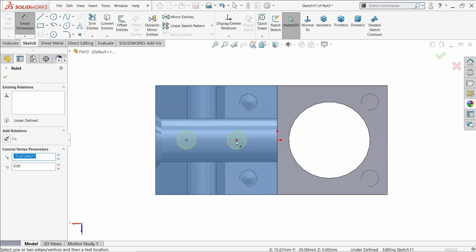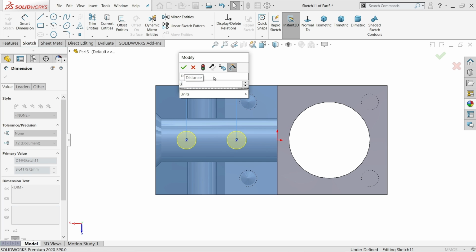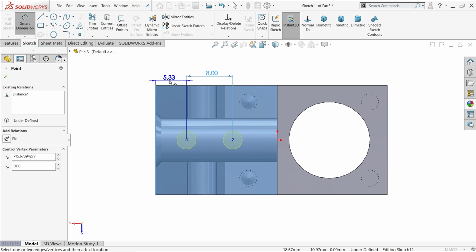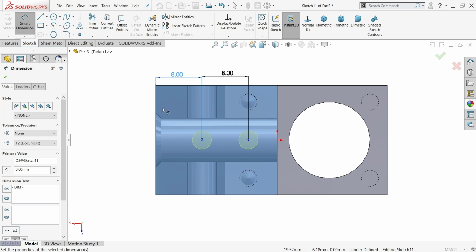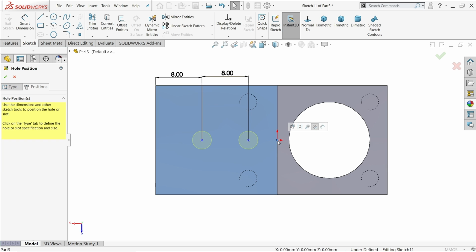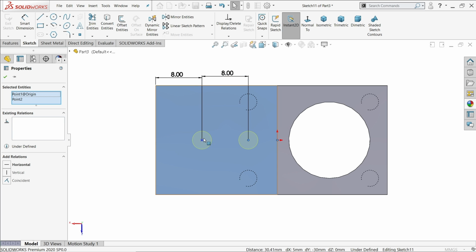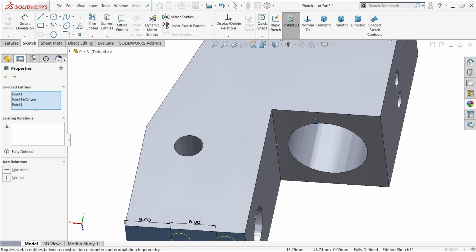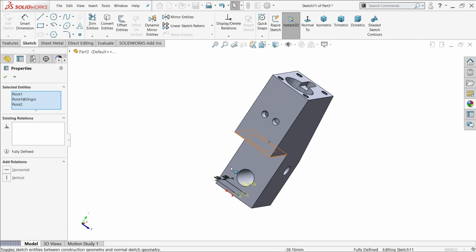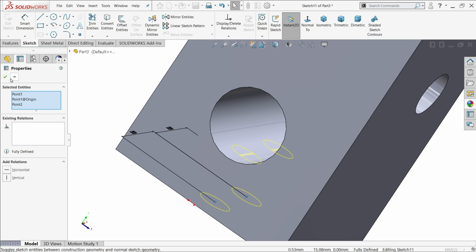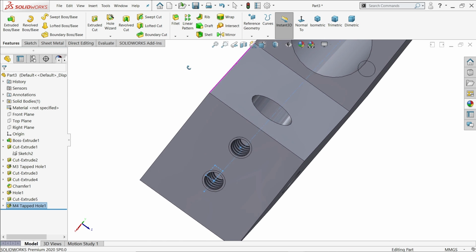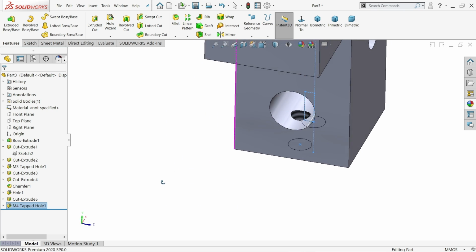Let's make the dimension 8 and dimension from outer edge also 8. Hold shift key, select the center point and origin point, horizontal relation. See, this is a fully defined sketch. Say yes. See, the tapped hole is created up to the